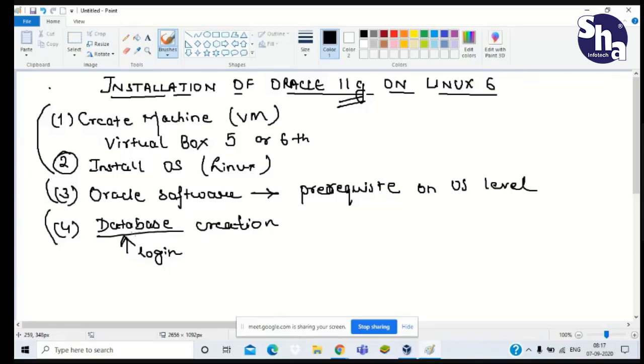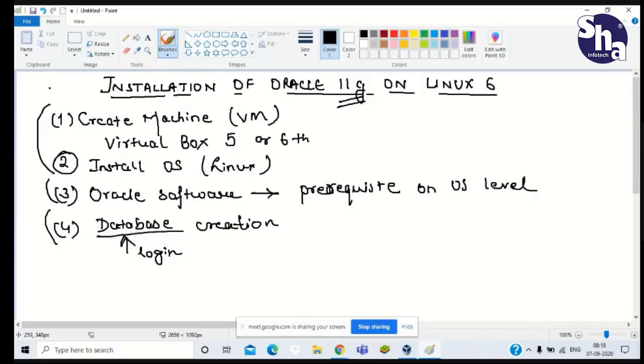But Unix, you know about Unix? Yeah, I know. Unix is more secure than Linux, but there we don't have any GUI. We have to use only commands. But we need to use GUI plus command prompt both. So we generally use Linux. We will see when we get to know about Linux OS and its commands. I will give you some information about it.